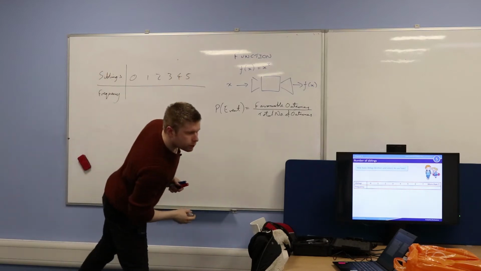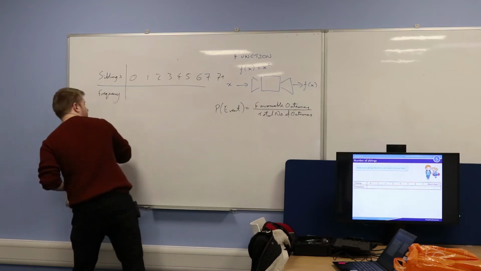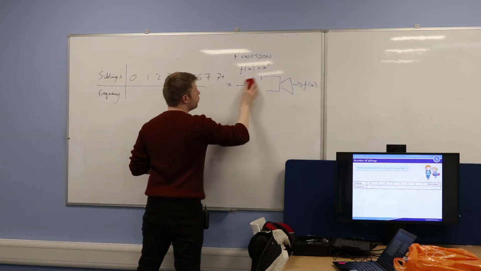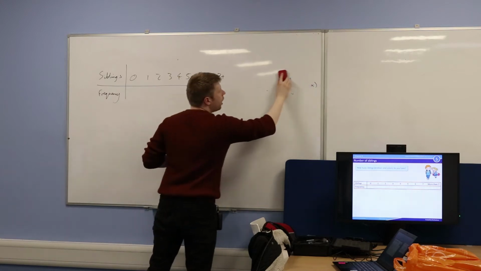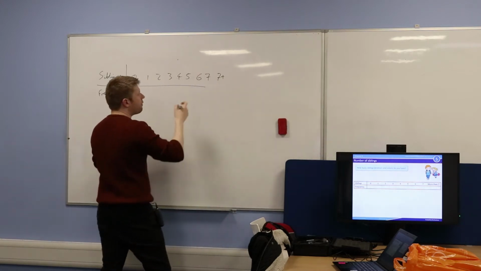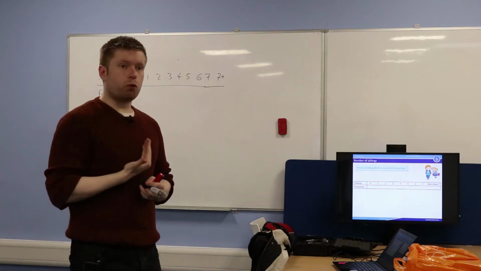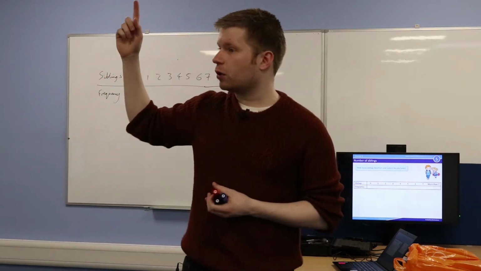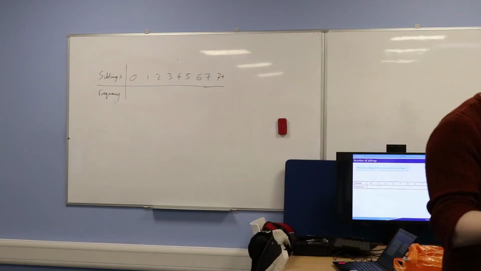What have I done? 6, 7, and then 7 plus. Good. Okay, so what I want you to do is, when I call out a number, I want you to stick your hand up if you have this many siblings. So for example, I have 1 sibling, so I'm going to stick my hand up if I call out the number 1. Okay? Are we all happy with what a sibling is? Yeah, it's the number of brothers or sisters.